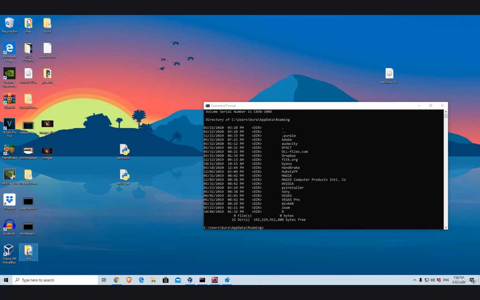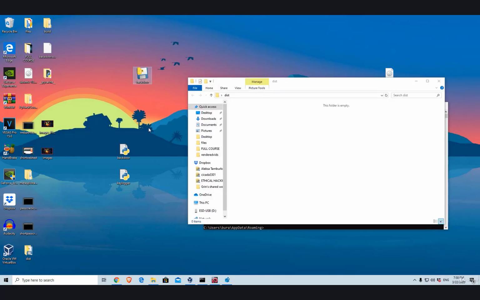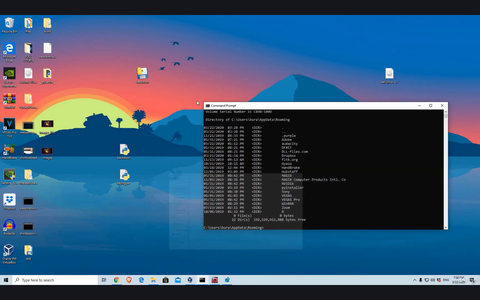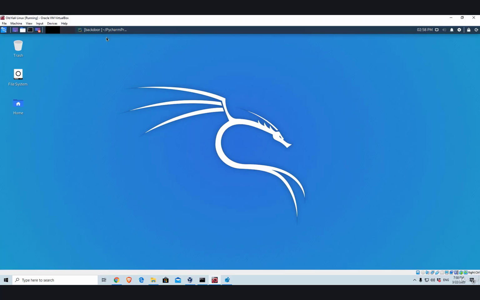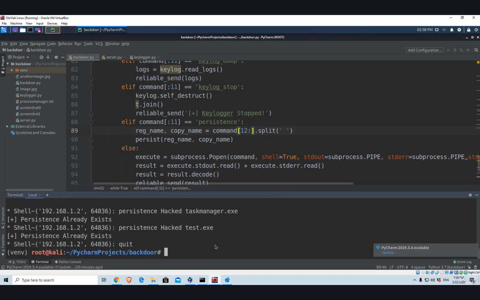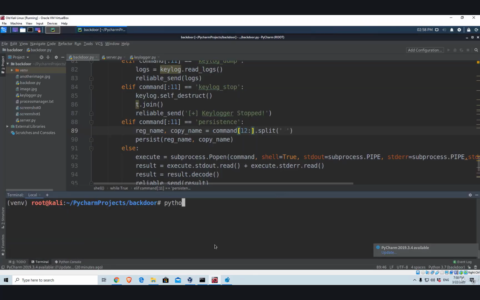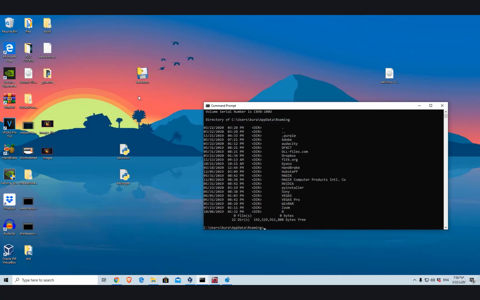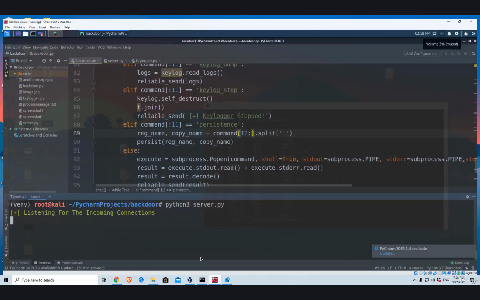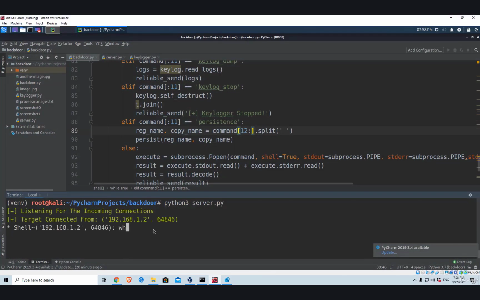Okay, so here we are. Inside of this directory, I have the newly compiled backdoor with the fixed error. And now if I run my server inside of my PyCharm, let's go and run it. So python3 server.py, and then I go and run my backdoor. No error has occurred. Let's go back to Kali Linux, run some random command to make sure everything works,